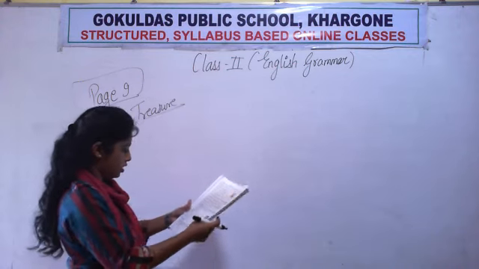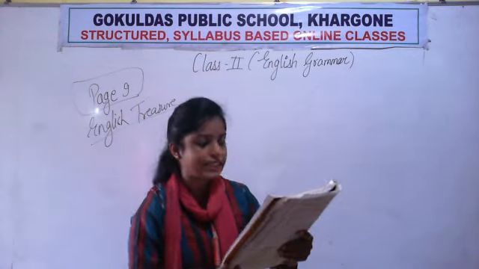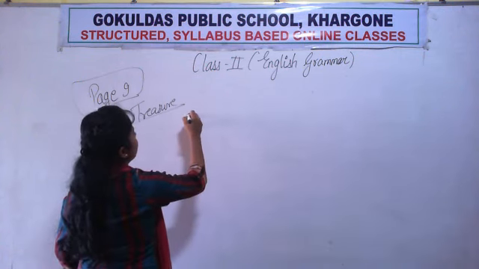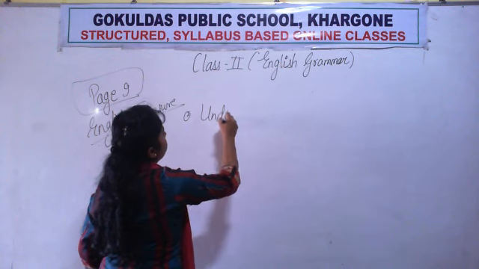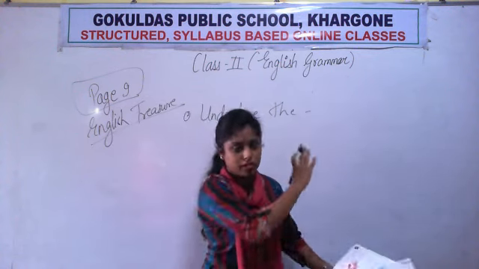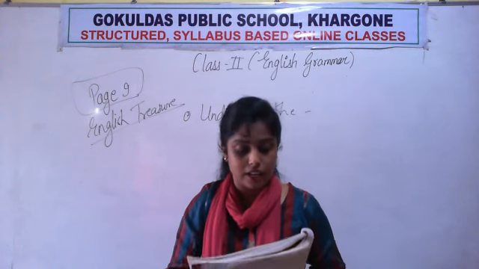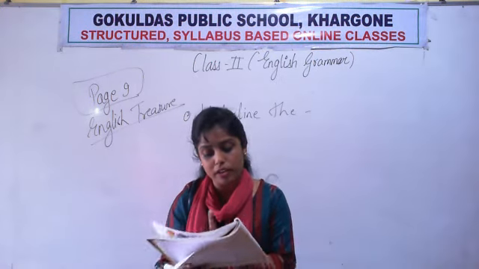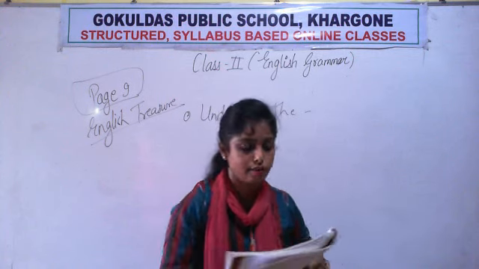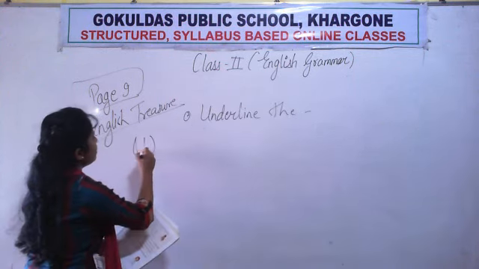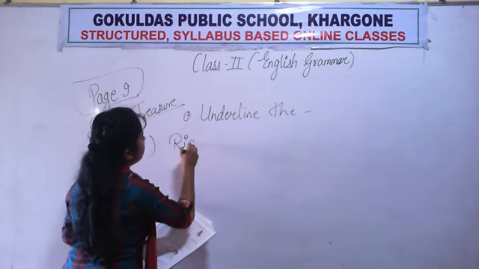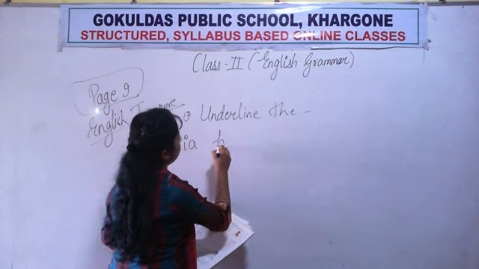Okay, now you can see here the exercise is given, underline the proper nouns and all. So the exercise is given, underline the proper nouns. I am just writing half of the question. See, I am reading the question for you. Underline the proper nouns and circle the common nouns in each of these sentences. One has been done for you. Okay, so first is on page 9 of the English treasure book. Open it fast. First is Riya brushes her teeth.